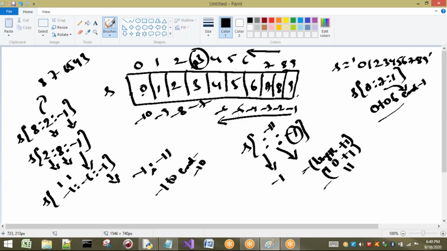Until where is it going to take? End I have given as minus 6. Minus 1 to minus 6. That means minus 6 plus 1, it is going to decrease one location. If we are going to take in backward direction, we have to do N plus 1. Remember once again, if you are going to take reverse, we have to do N plus 1. When you are going in forward direction, we have to take N minus 1. So here N plus 1 has to be performed. That means minus 6 plus 1 has to be taken. The value will be minus 5 only. That means only the values up to 5 will be printed. Only up to here it will be printed. So this point has to be noted.